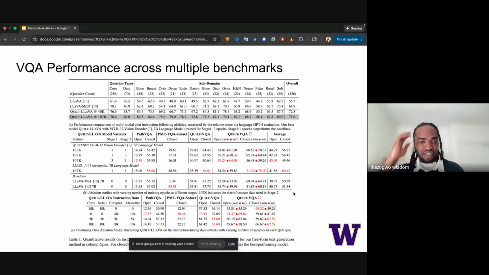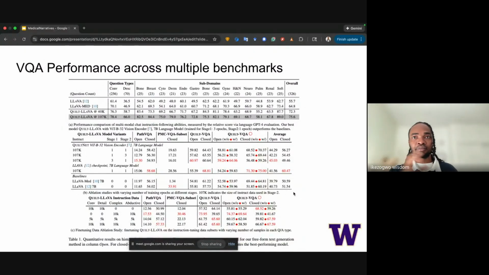So for evaluation, we evaluated Quilt-LLaVA in two ways. First, with GPT as a judge, because we wanted to see how well the model followed instructions, how much helpfulness it provided versus other models, and the accuracy of the answers. We also evaluated the model on histopathology-specific VQA benchmarks.